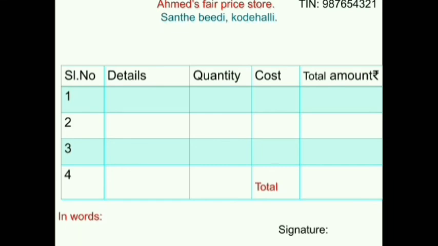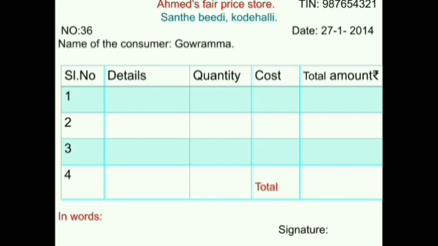Next we will write bill number and date, which has number 36 and date 27th January 2014. Next we will write the name of the customer, which is Gauramma. Next we will write title as cash receipt.